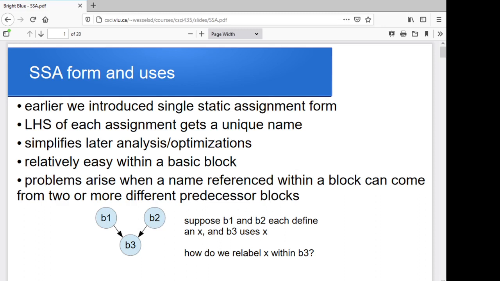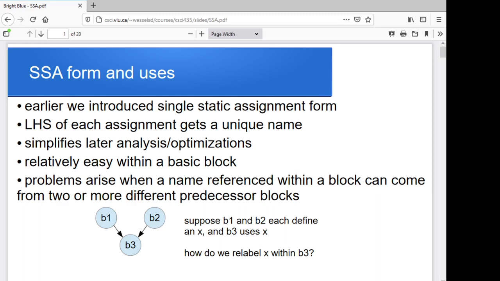And if B2 was the one that fed into B3 on this particular execution, then we'd be using B2's value for x. Now, if it's gone through and renamed this, so let's say B1 did its renaming and said, okay, my x is called x1 now, and B2 renamed and said, my x is called x2 now,